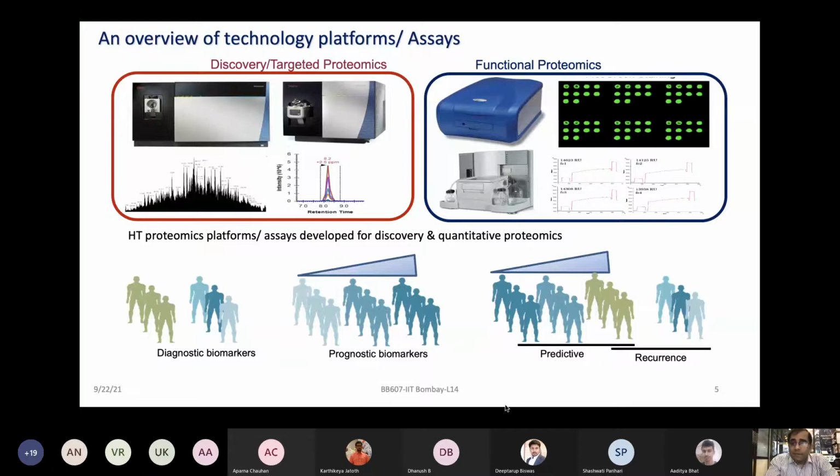But if you think about it, the technology will remain the same, like the concepts we have been discussing: different instruments, different technology platforms, different types of assays. Those will remain the same, but the clinical problem and the questions will vary depending on what you want to address, right? And while I am going to talk more about clinical proteomics, the same could be applied to any other biological problem for that matter, right?